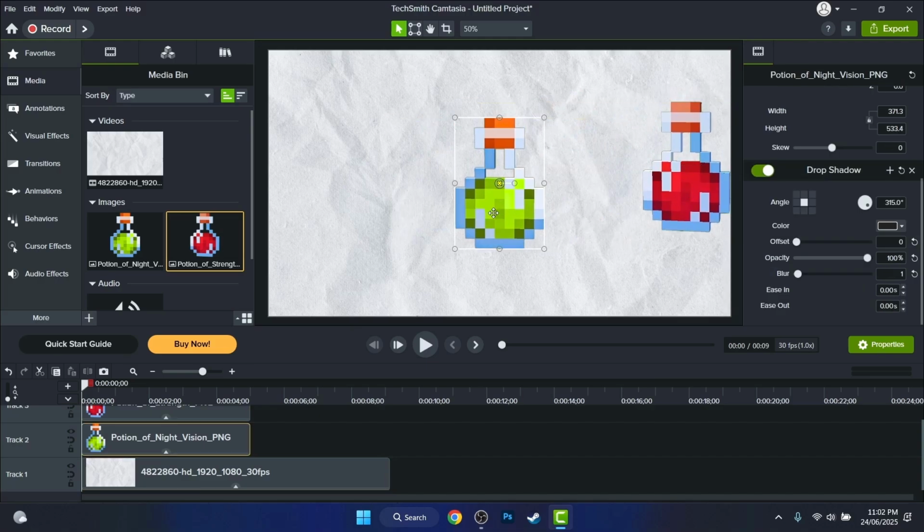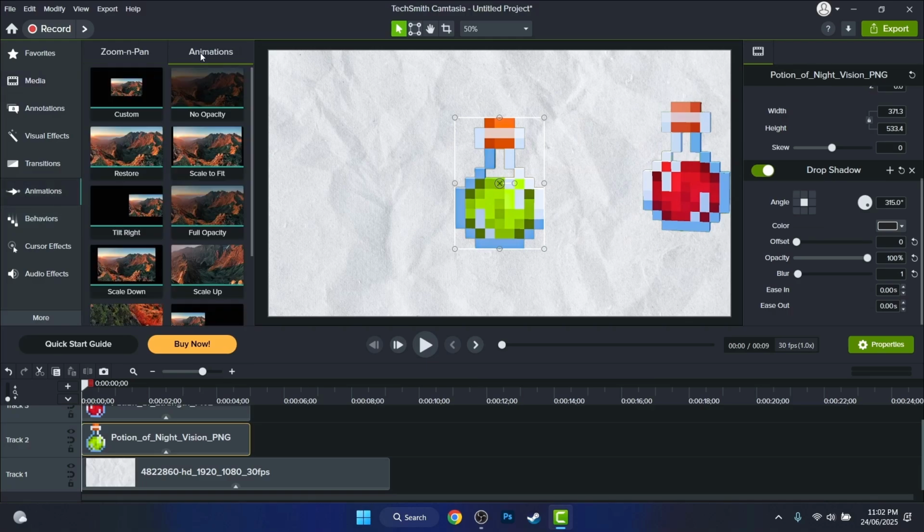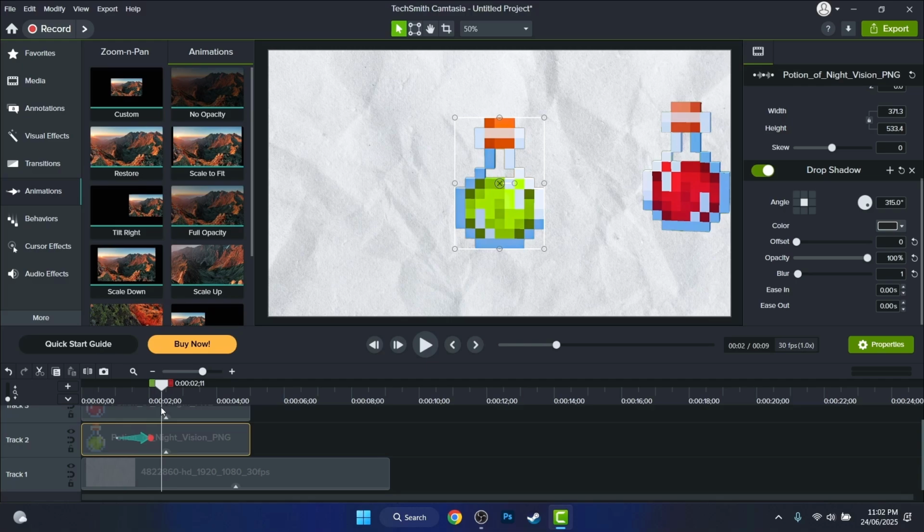Let's center this green potion and go to the animations menu from the right and the animations. Now you have here a lot of pre-made animations, but I will use a custom one and I will show you how to make one from scratch. I will just drag and drop the animation on my timeline, and what will happen if you put your cursor